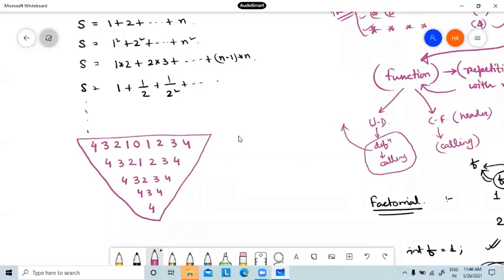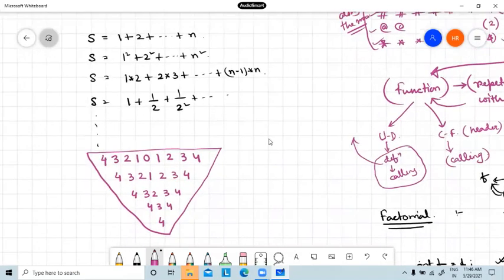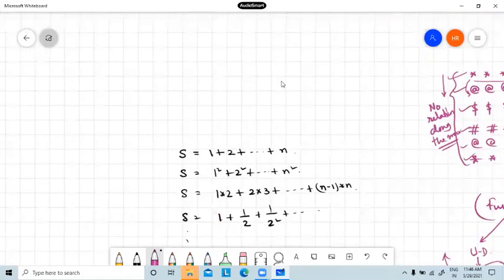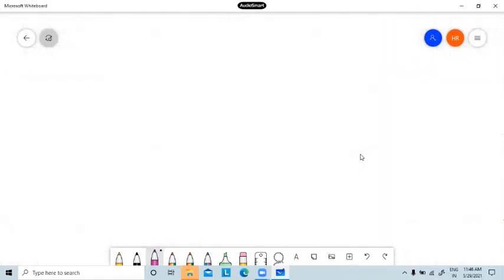In the previous class, sir, you taught the bubble sorting. Can you please repeat that part? Yeah, I have taught bubble sort to show you how the nested structure runs.